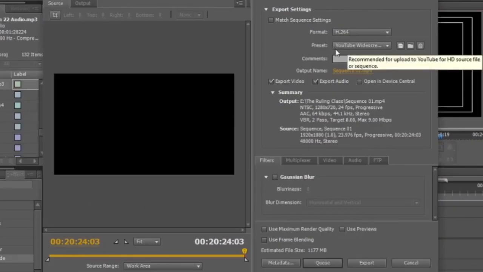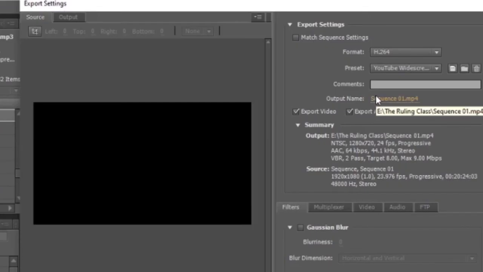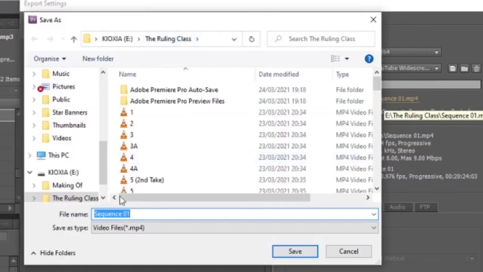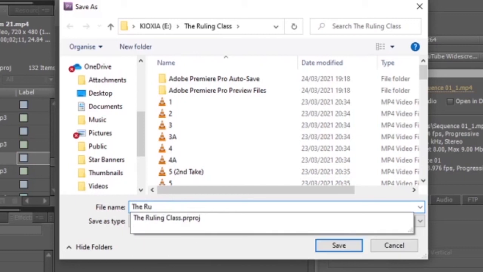You want to make sure that you've got this preset right, which is YouTube. I put it to YouTube widescreen HD, high definition. So obviously I want to put this into my Ruling Class file along with all my other footage. To do that, you click on the sequence name and it'll bring up all your documents. I've already clicked on the Ruling Class. I'm going to save this now. I'm going to name it what I'm going to name the actual video. You'll see why when I upload the video to YouTube. So we'll call it The Ruling